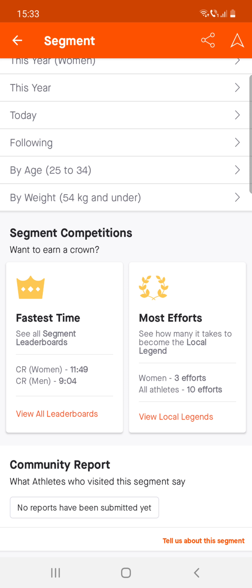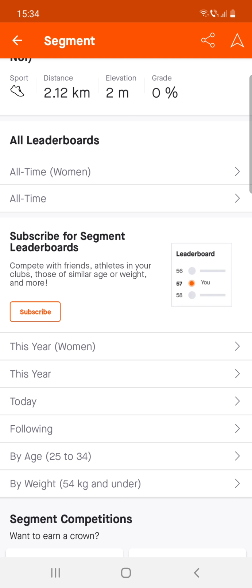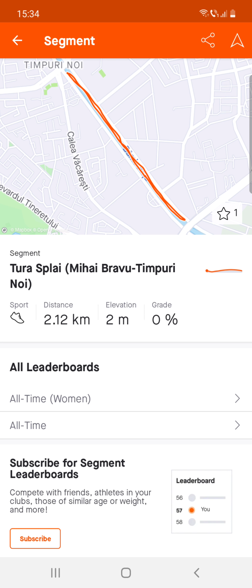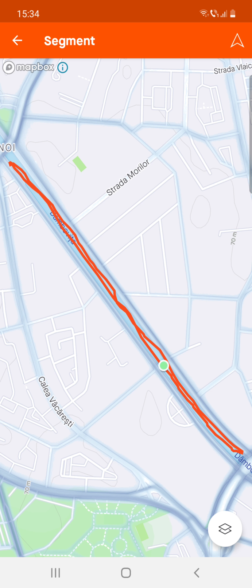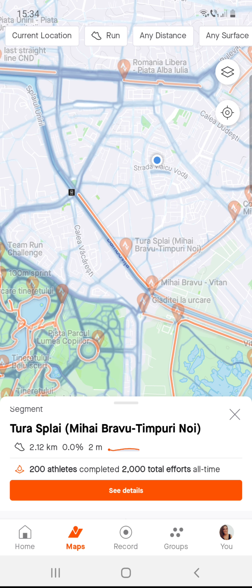Here you can see segment competition, want to earn a crown, fastest time, most effort. So here are very interesting options. So let's go back,